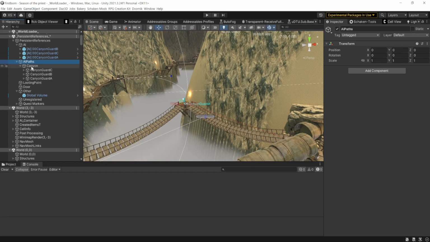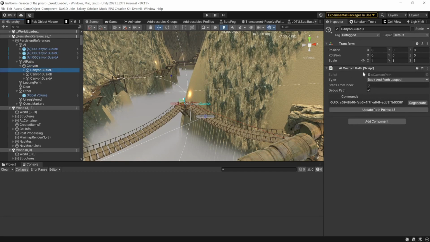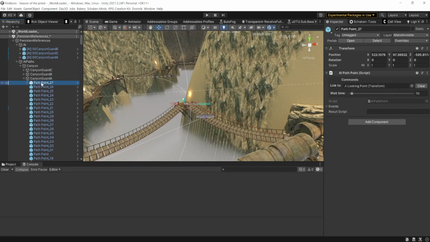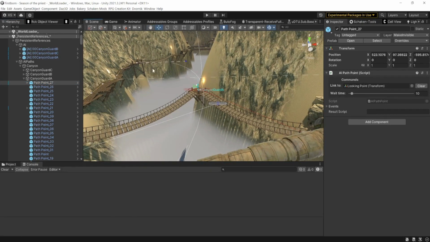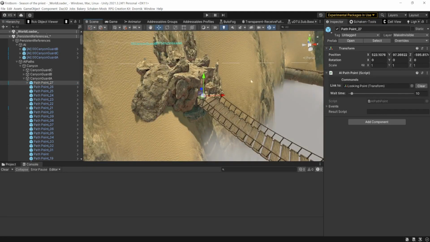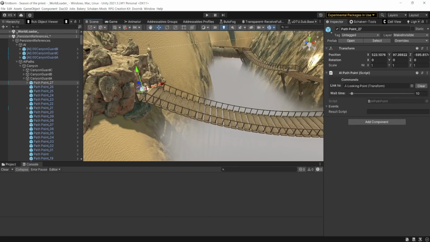So I have an empty game object, or not empty right now, but there's no scripts on it, and then another parent. This is all for organizing. And here are my actual paths. I've already worked on C and B, so I'm going to be working on A this time around. Let me go and find the spot that this is at. Here we go. Okay, so whenever they go to this point,